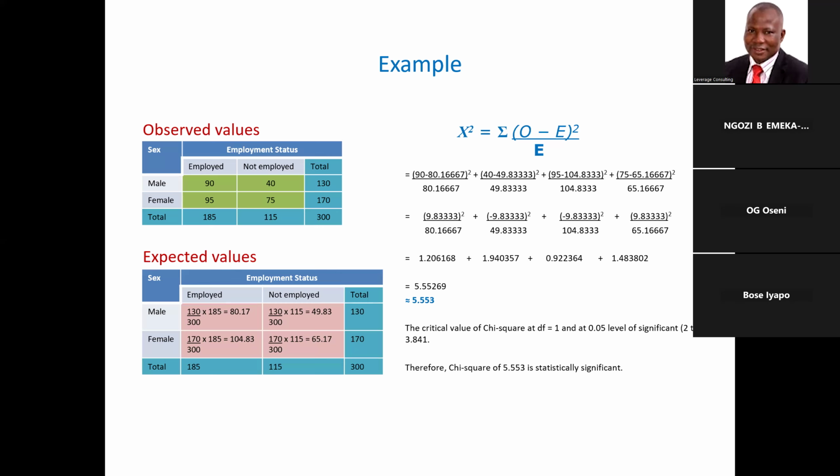So the proportion contributed by male to the total is 130 over 300, and the total that are employed. So you want to know the value, the number that should be made,